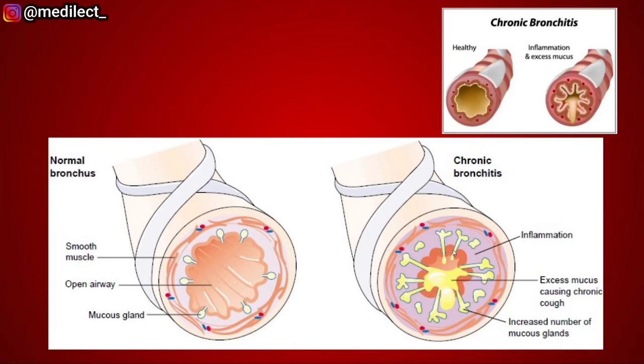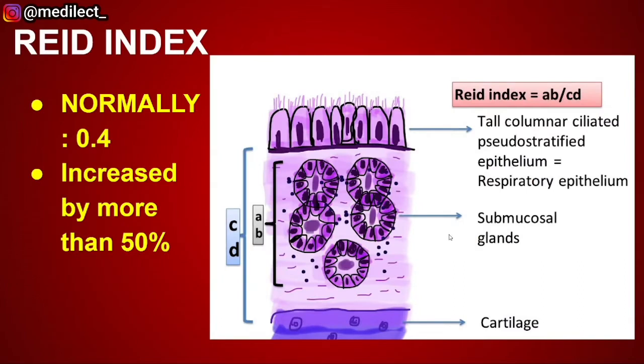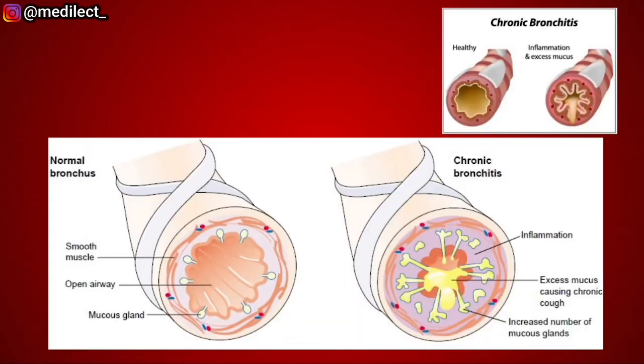Because of the increment in the thickness of the mucus glands, there is an increased value of Reid index in chronic bronchitis, which is increased by more than 50%. So again, what is observed in the chronic bronchitis bronchus? Inflammation, narrowing of the lumen over here because of the excess mucus production, which is caused because of the hypertrophy